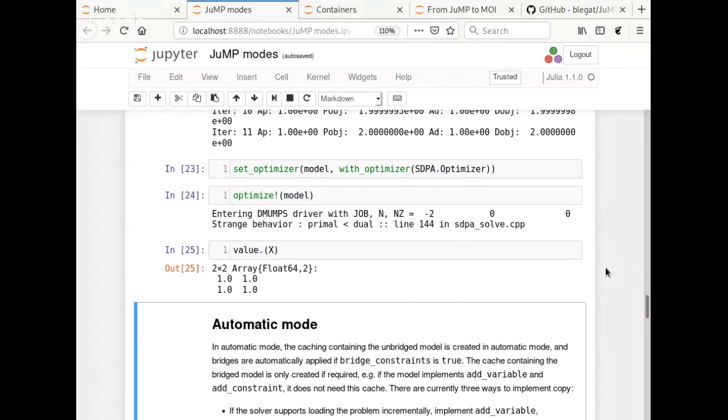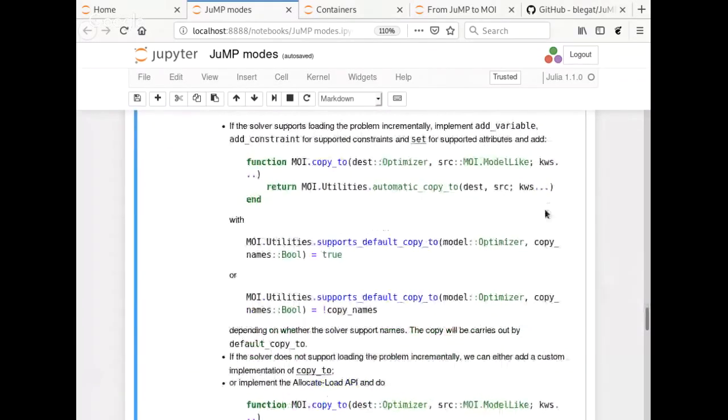And so because we have this cache, we need this one if you want to copy the problem. Because when you copy the problem from this cache to the optimizer, remember CSDP first needs to know the list of all constraints. And if you bridge the constraints one by one, it won't work. So a plan for the future is that you will have this allocate load interface,